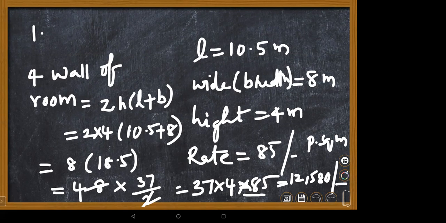Jashmita? Yes, ma'am. What is the area of the four walls of the room? Ma'am, 2h into L plus B. Yes, 2h into L plus B. Sometimes the units, some are in meters, some are in centimeters, children, then at that time you have to convert carefully into either centimeters or meters, according to your question, and then calculate. So this is about the first part.